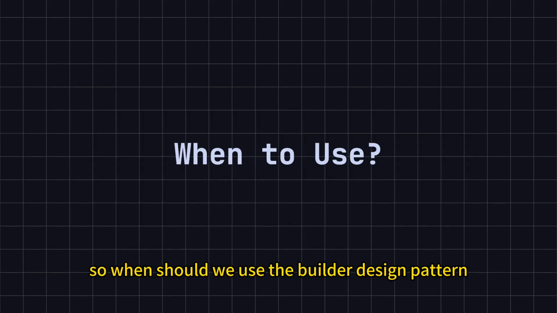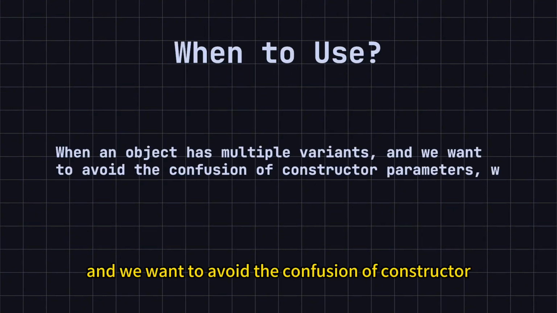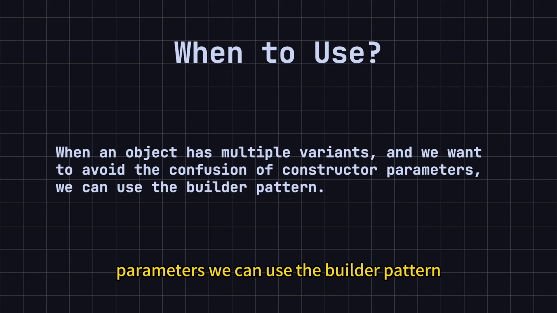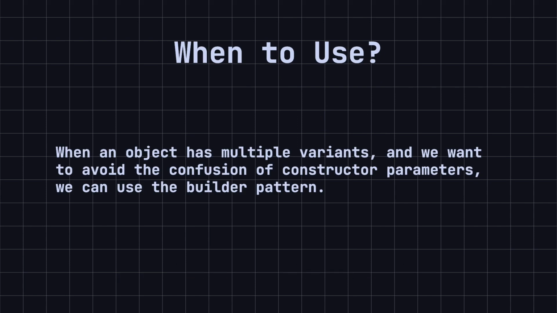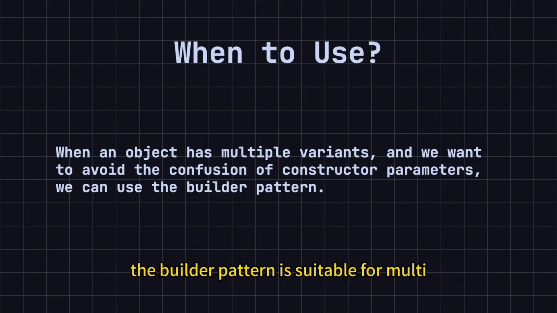So, when should we use the builder design pattern? When an object has multiple variants and we want to avoid the confusion of constructor parameters, we can use the builder pattern. Unlike the factory pattern, which is suitable for one-step creation processes, the builder pattern is suitable for multi-step